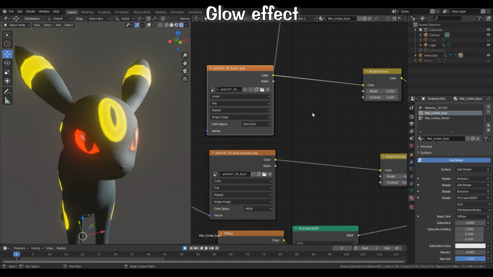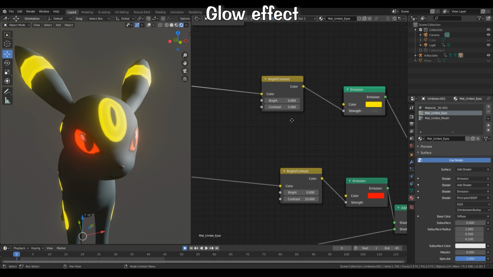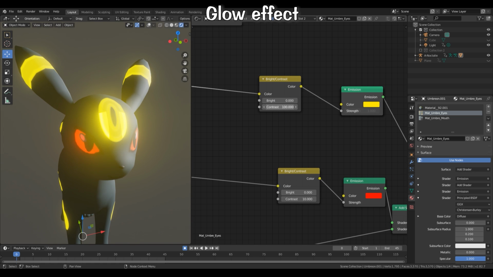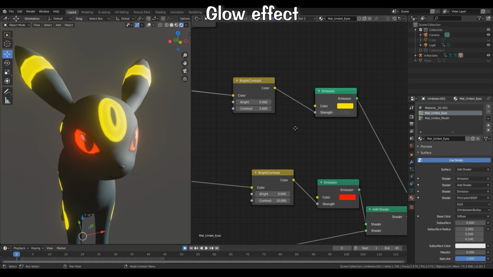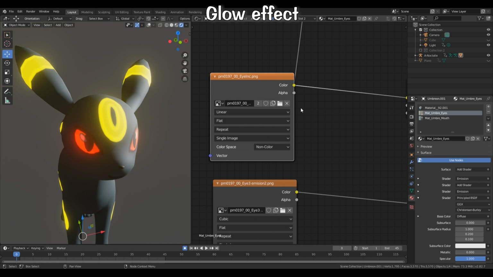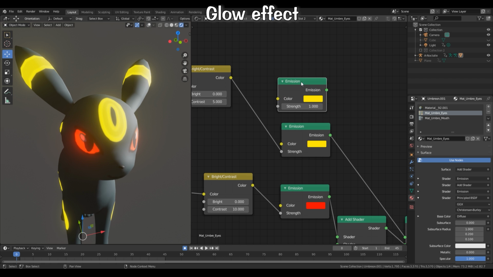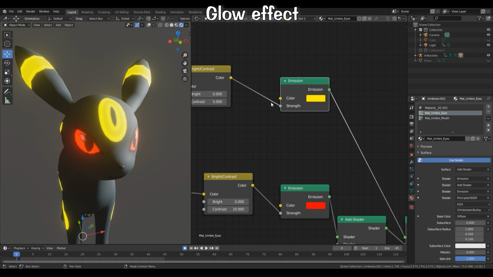For here, what I have done is first change the contrast and the light. This allows me to make it more bright or less glowy. Then, since the texture is a black and white texture, I can put this into the strengths. I don't know why I have to here, but I can put it into the strengths. So everything that is black, nothing will happen, and everything that is white, something will happen.